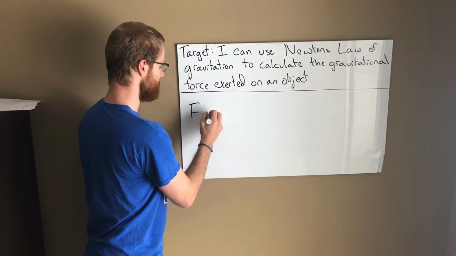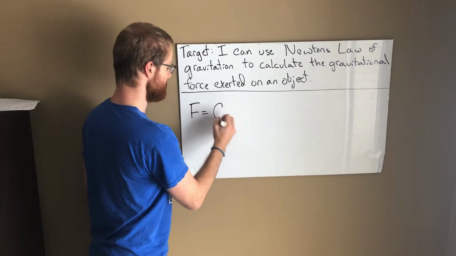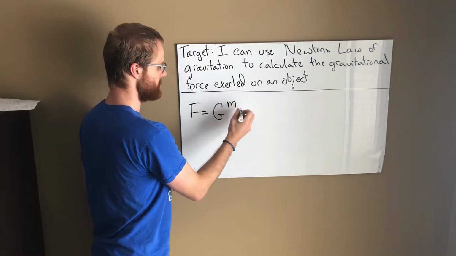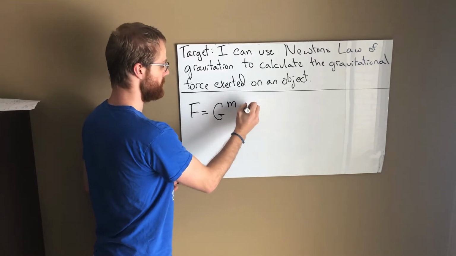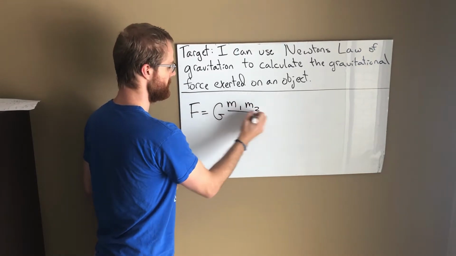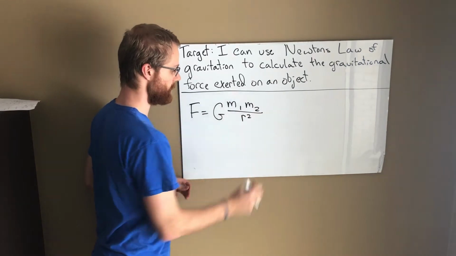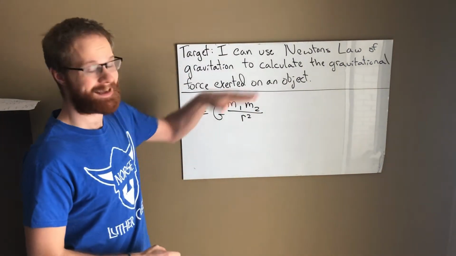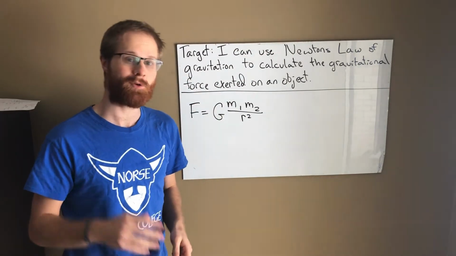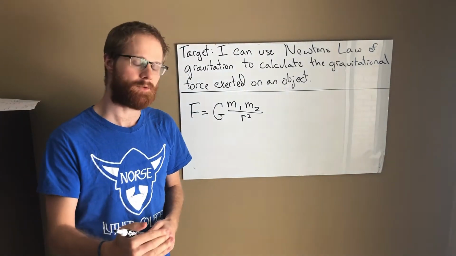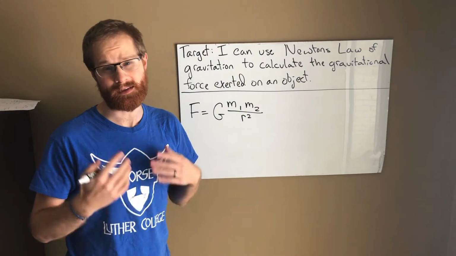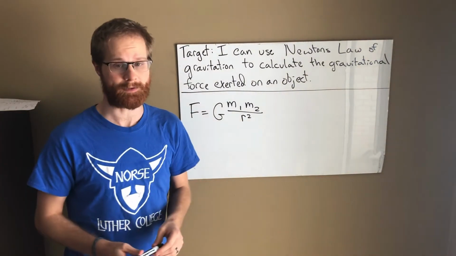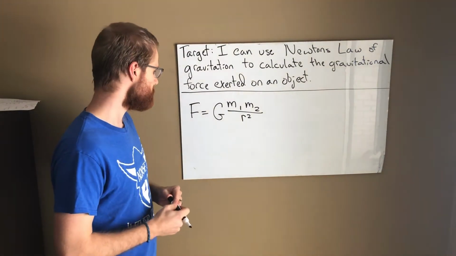Newton's law of gravitation is F equals big G, the gravitational constant, times the mass of one object, times the mass of another object, divided by the radius squared. What I would like you guys to do is anything that I write down on the whiteboard, I want you guys to write down in your notes, because that way you'll be able to answer the practice problems and use those notes as a guide. Okay. So,